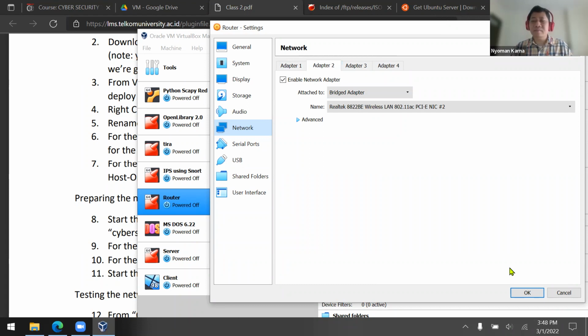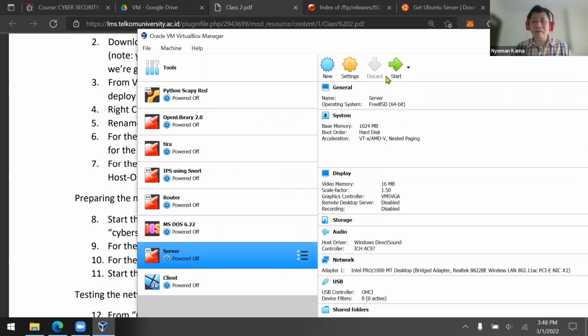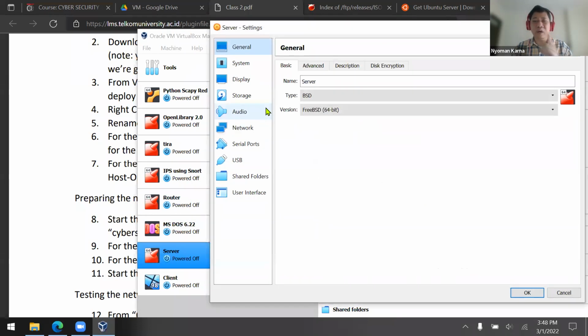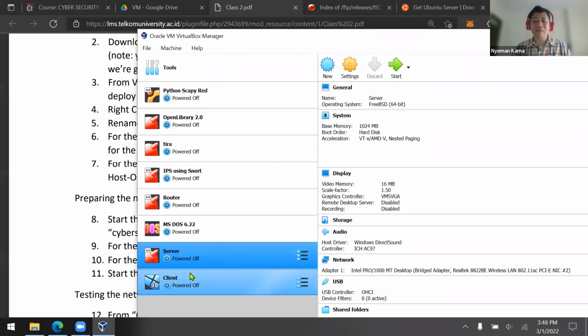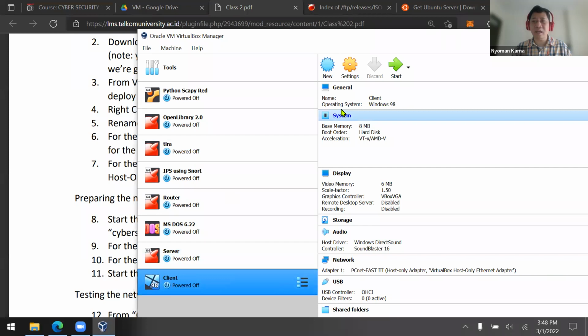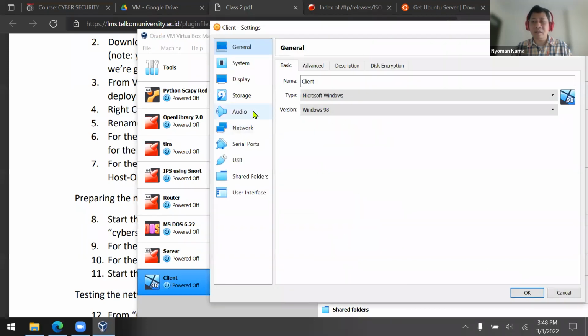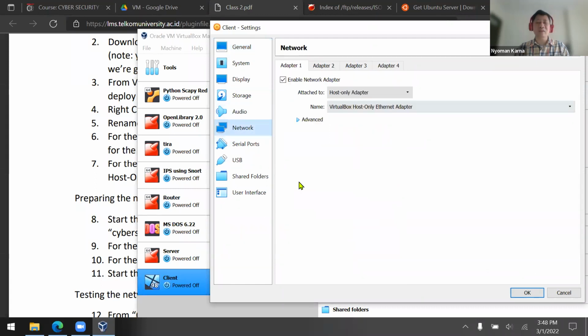Okay. And then for the server itself, you just need one network adapter, and this one is not enabled, and it was configured as a bridge adapter. And then for the client, the Windows 98, you need to set the network adapter as host only adapter.